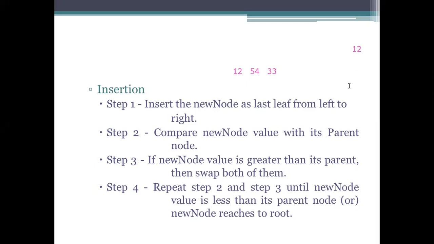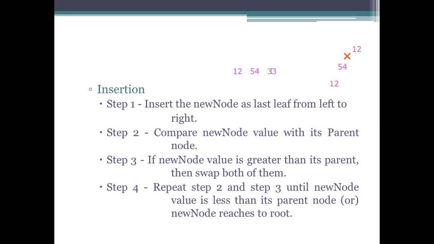So here, what do I have to do? From left to right, I am inserting. But here, what is the property? The root node must be greater than its children. Here, the property is false. A contradiction is there. So what do I have to do? I need to make this 54 the root node and add the element 12 to it.